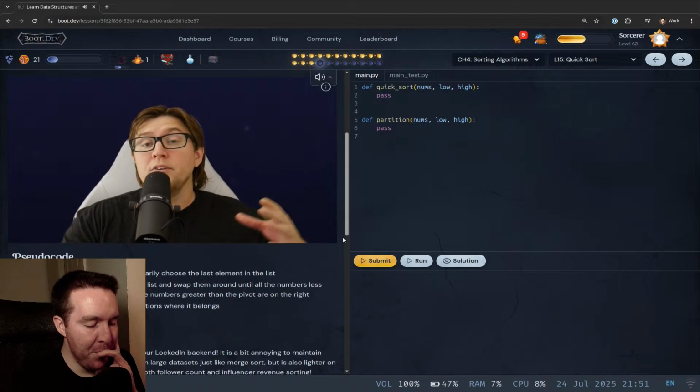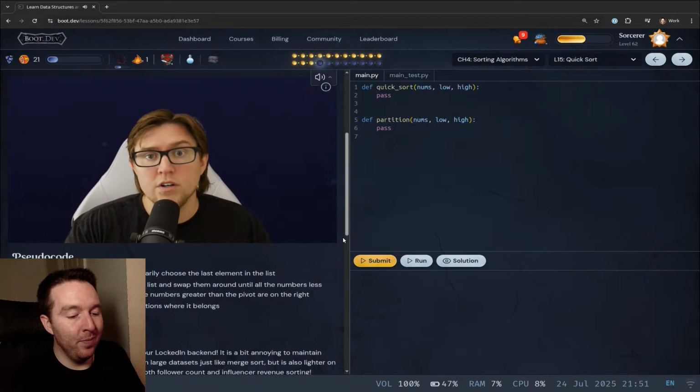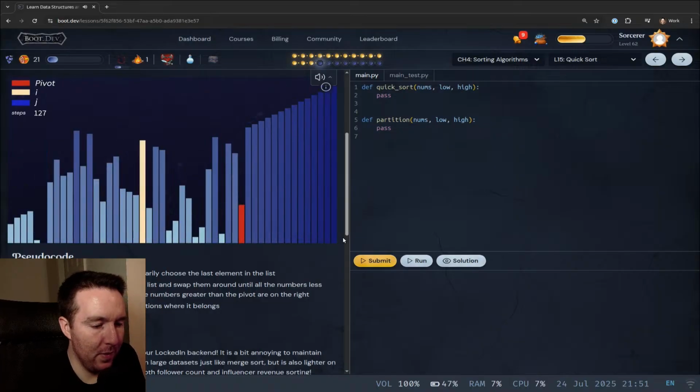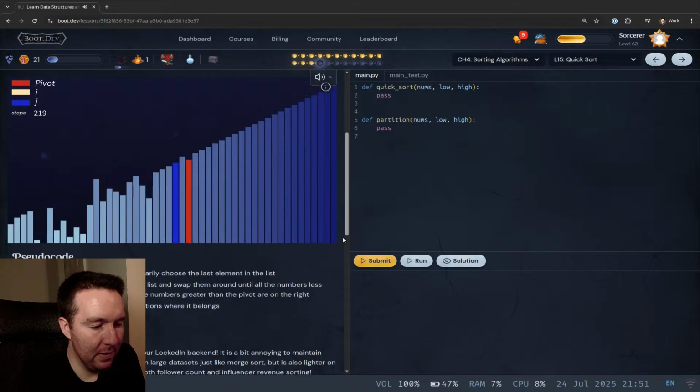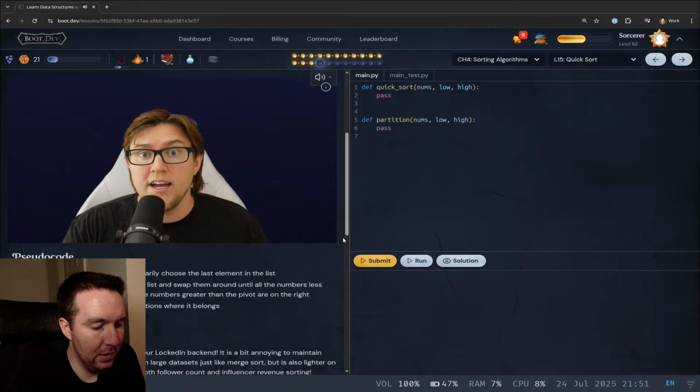Now, so you can properly visualize it end to end, here's a full animation of quicksort on a larger data set. And here's another full animation, but where the list is already sorted and the performance